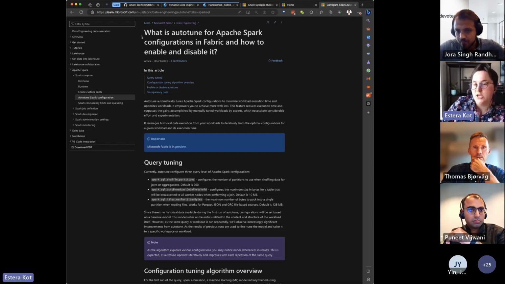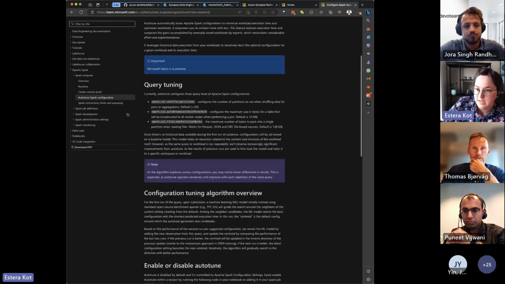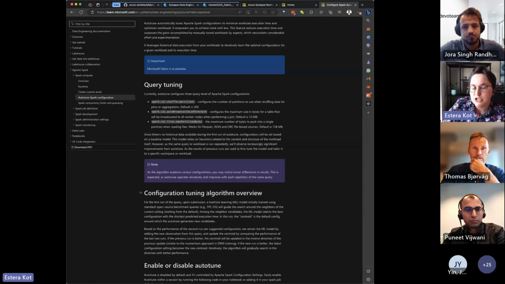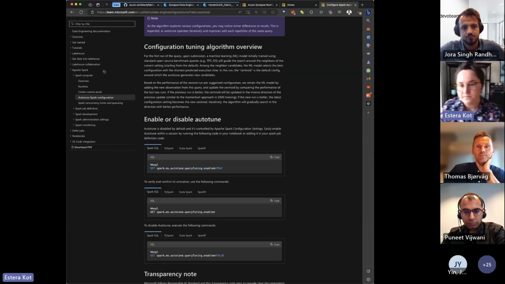Right now, AutoTune is available. You can enable it and use it, see the acceleration and see what parameters are suggested by AutoTune, but it's not enabled by default. So to have a win-win, if you are willing to test it, please reach out to me. In terms of other Spark